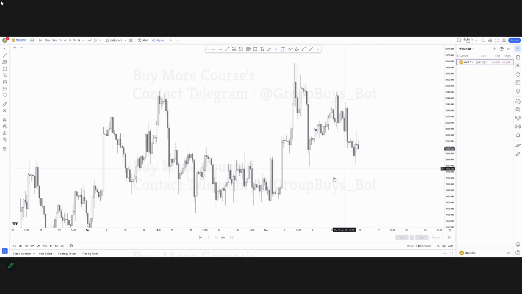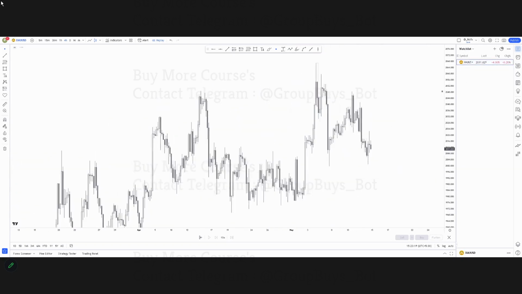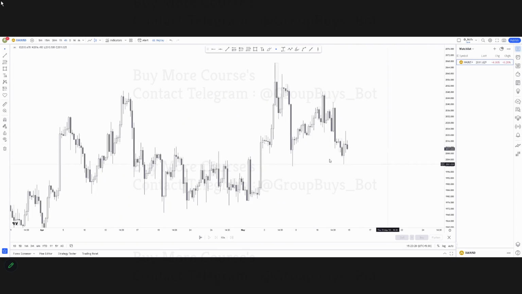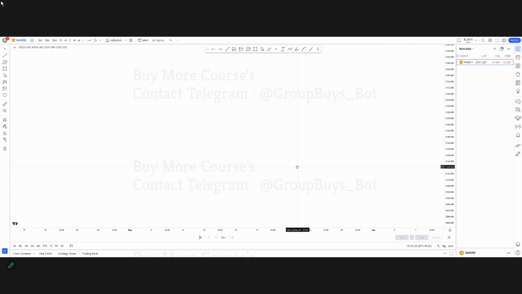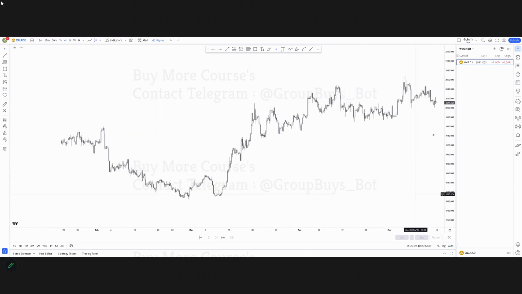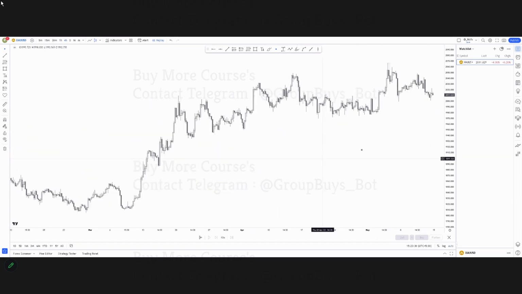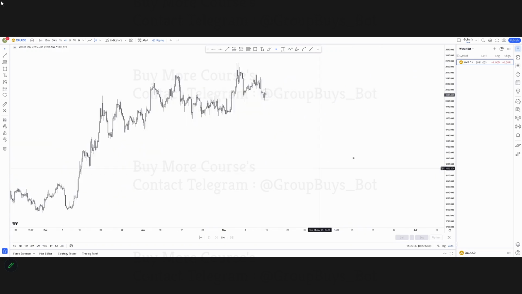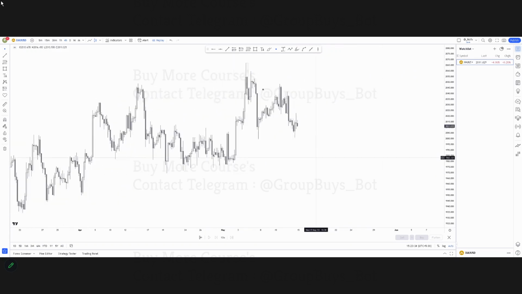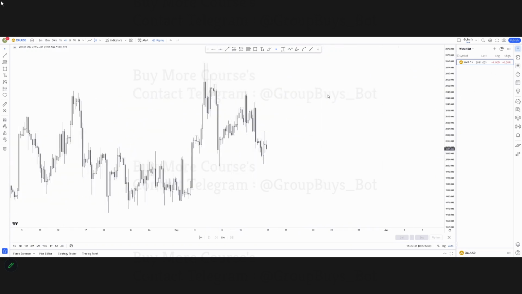So now we are on gold. How am I going to combine this to get a precision entry? First I need to find the bias. But before I teach you the strategy we're going to be using,